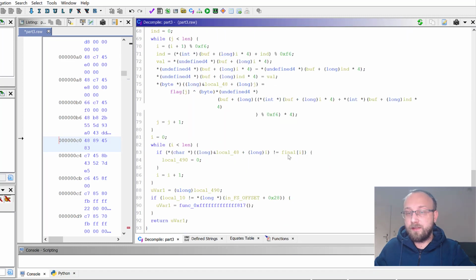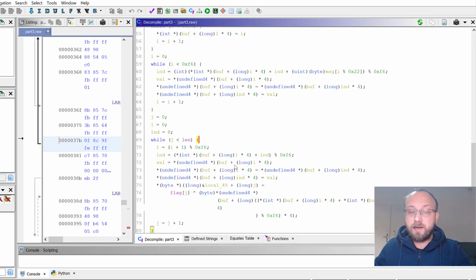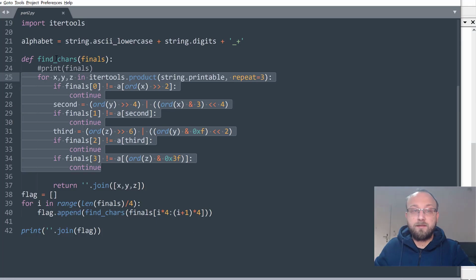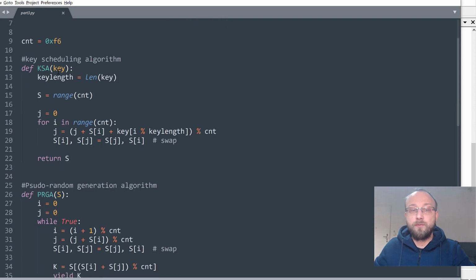And yeah, Ghidra will give us this nice notation, but once we know it's modified RC4, we can again write our script to just decrypt it. So we have our key. Please don't crash in this function. We have our final value. I'm just printing it, and we have those two